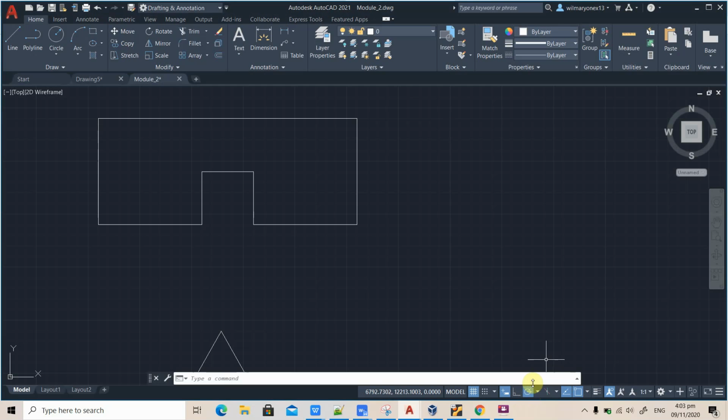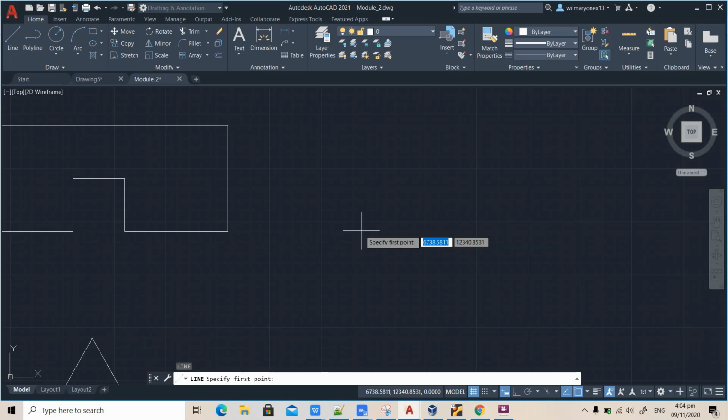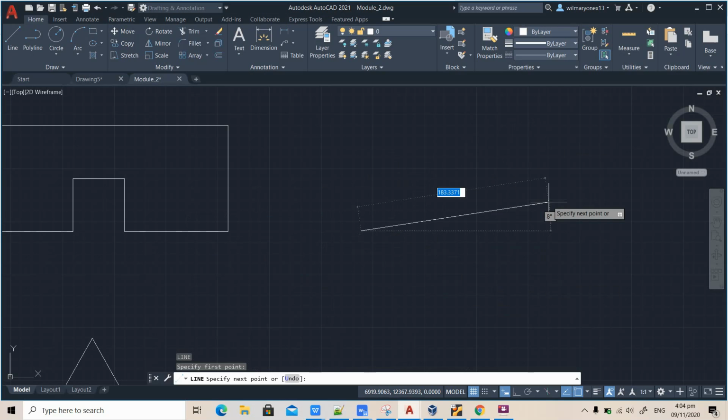In the status bar, you can see here, this is polar tracking and this is ortho mode. If you turn on ortho mode, the polar tracking will be turned off. So let's try ortho mode first. Let's say I want to draw this figure right here. First, let's see with ortho mode off. If I press L to create a line, and then select a point, I can move my mouse anywhere, in any direction, and the line will follow.